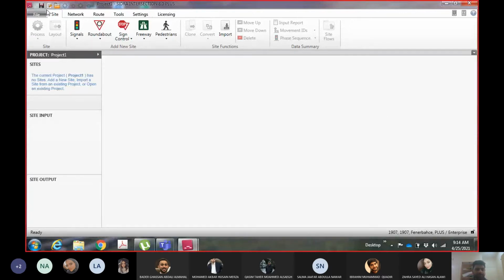Now you can see there are different types of analysis which you can do. One thing it asks when you are installing the software is the unit system. It has standard right, standard left, HCM metric, and others.